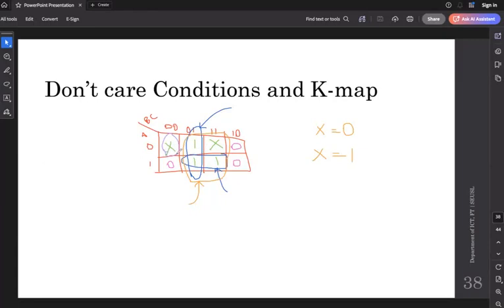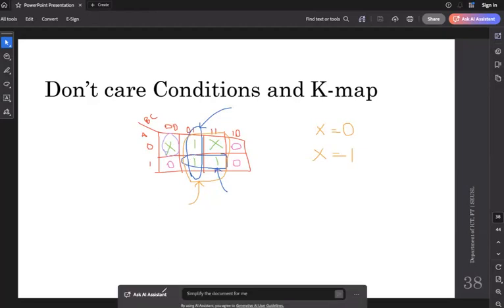But don't try to create a new group for including this don't care condition. It is a don't care, which means if you need, you can use it. But don't create new groups to include all the don't care conditions. So that is the logic behind don't care conditions in a K-map. I repeat again, if there is a don't care condition,